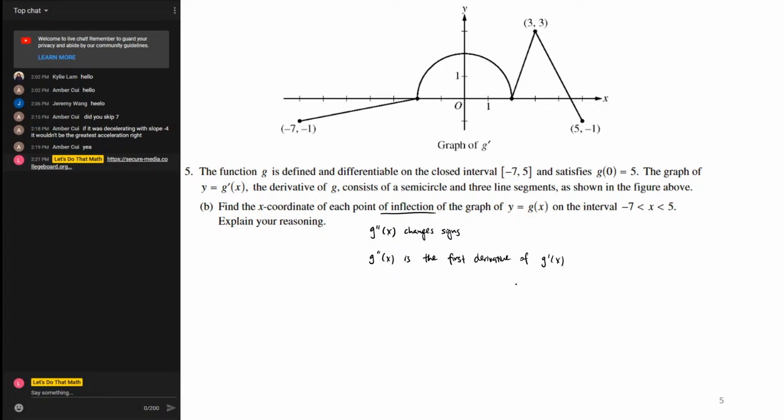So if we are looking for the first derivative of g prime of x and we're looking for when that changes signs, then effectively all we have to look at is when